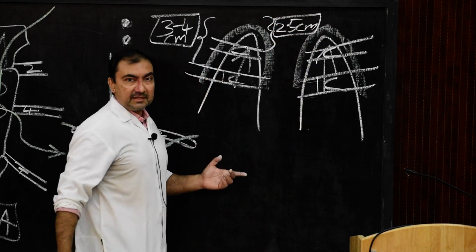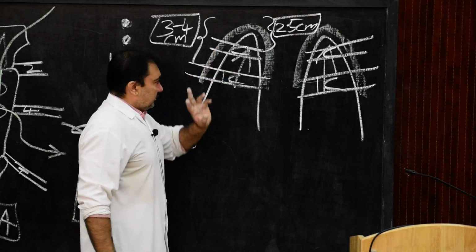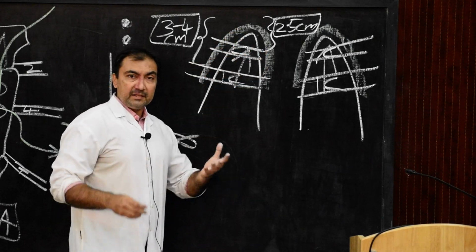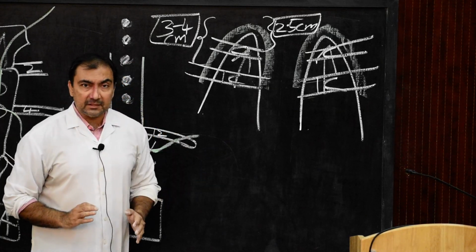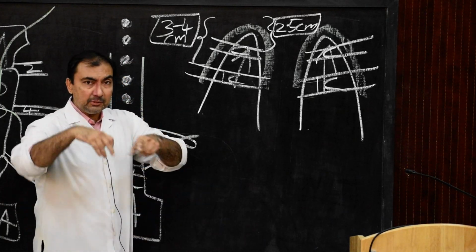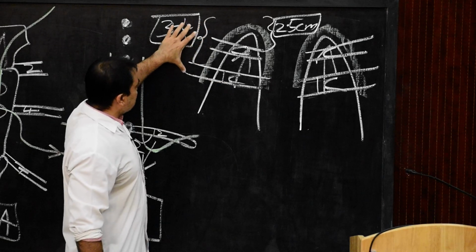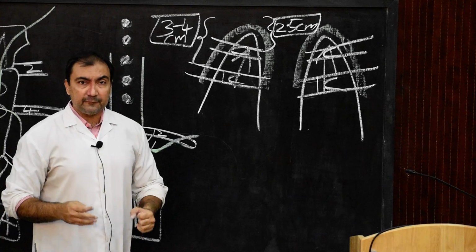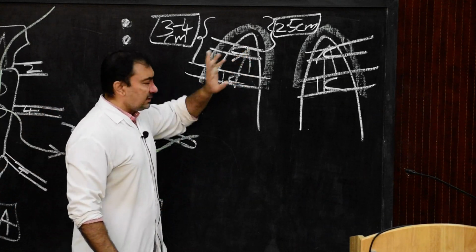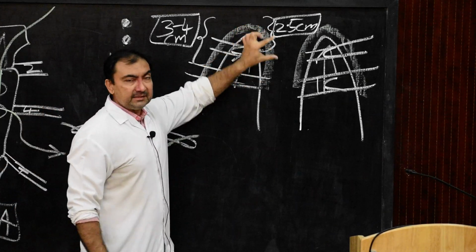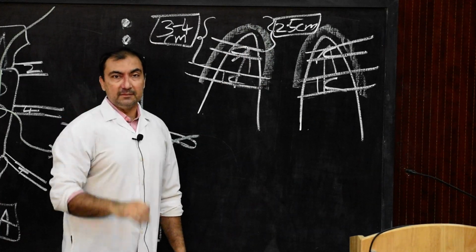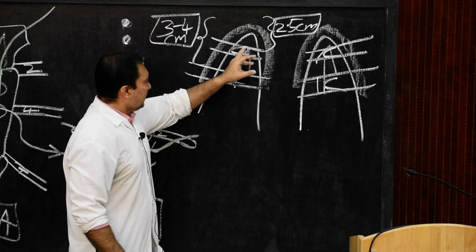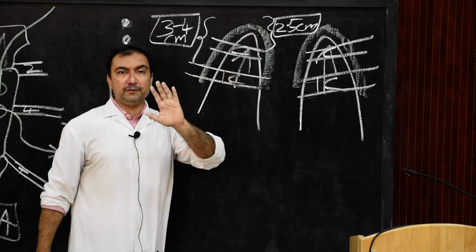And remember, this also we had discussed last time. These two are also frequently asked MCQs. The cervical pleura or the apex of the lung will extend beyond the thoracic cage in the root of the neck. For how much distance above the first costal cartilage? 3 to 4 centimeter above the first costal cartilage. Or it will extend in the root of the neck for how much distance above the sternal end of clavicle? 2.5 centimeter above the sternal end of clavicle. So either it is 3 to 4 centimeter above the first costal cartilage, or it will be 2.5 centimeter above the sternal end of clavicle.